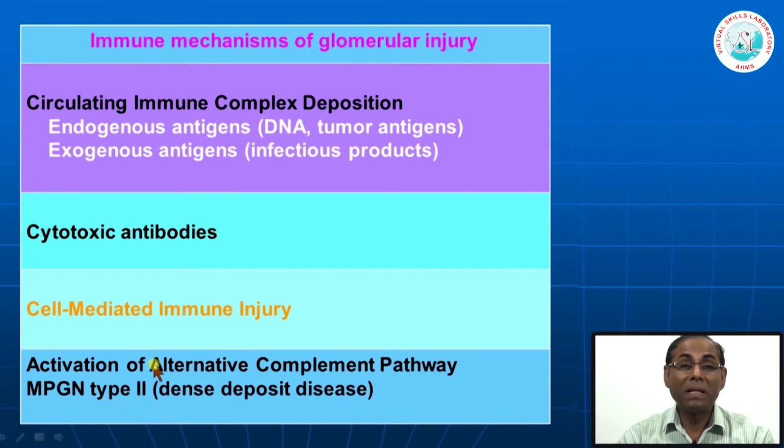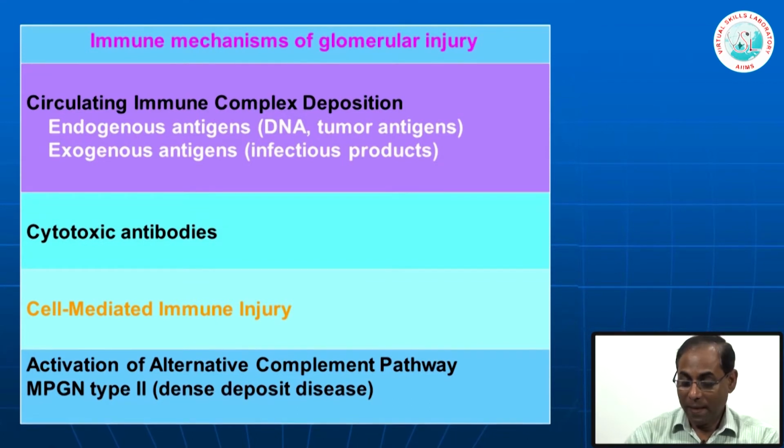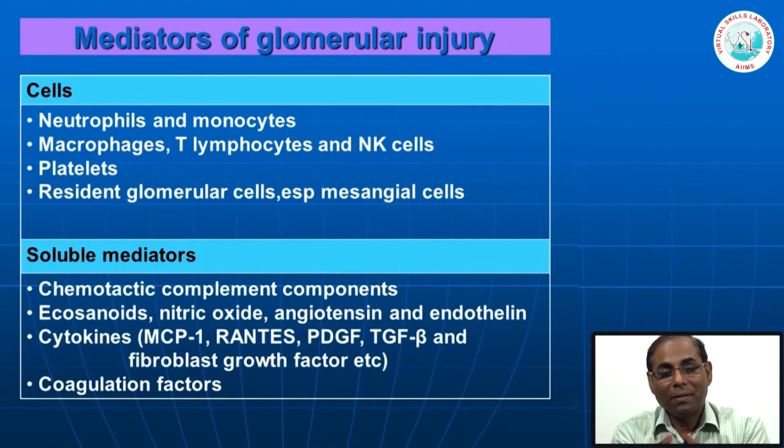The complement mediated injury is much highlighted, and we have the newer classification of membranoproliferative glomerulonephritis, where it is not associated with immunoglobulin deposits, but only with complement abnormalities or alternative complement pathway abnormality. So, the classical example is dense deposit disease. We talked about how immune abnormality causes glomerular injury, but then the glomerular injury has